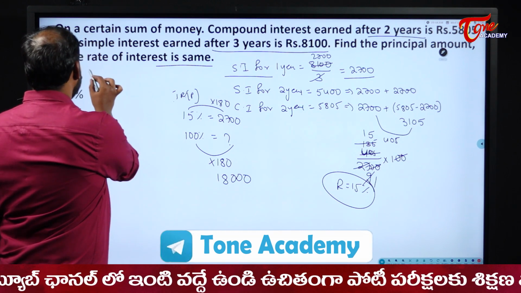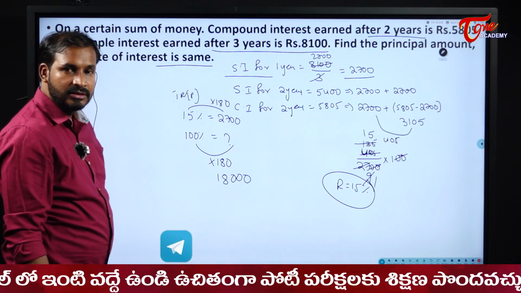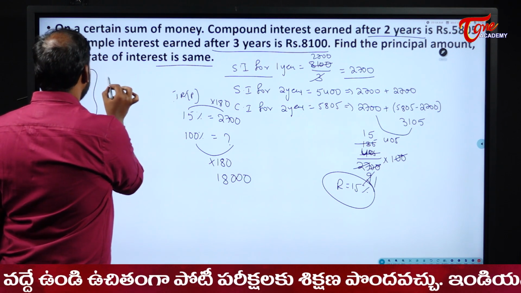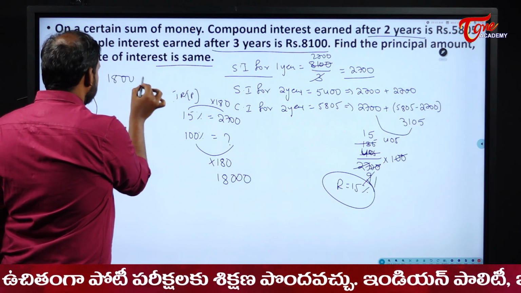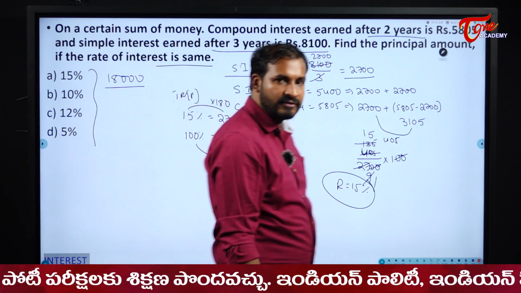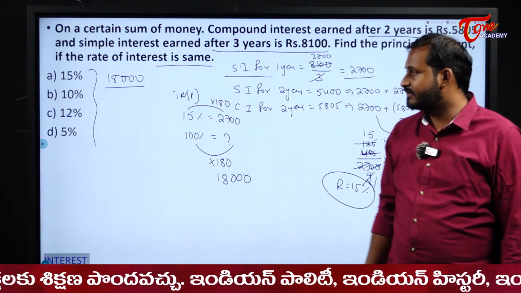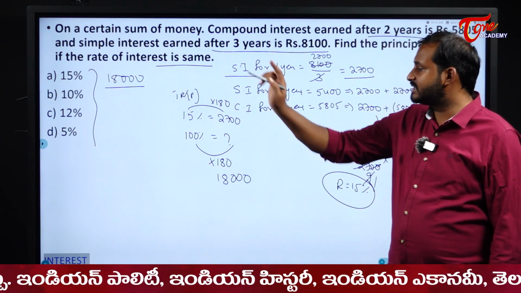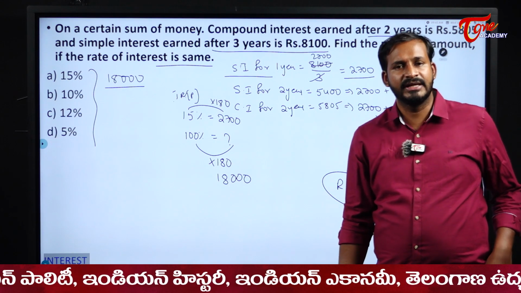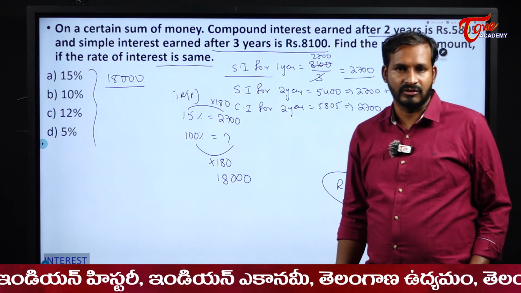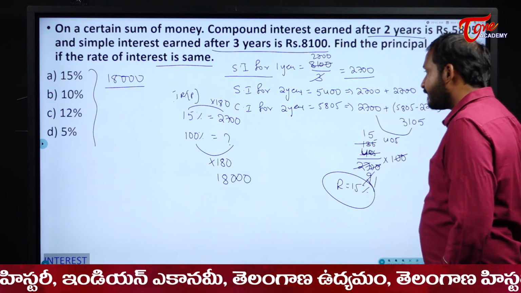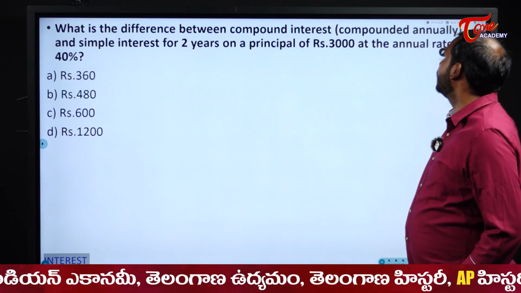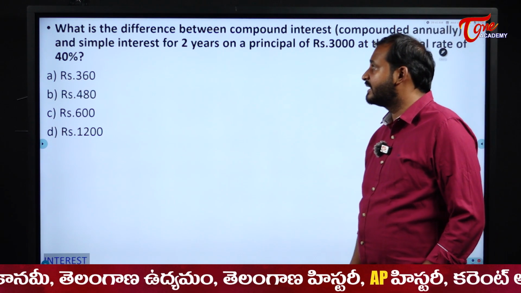See here students, actually the rate of interest options was given. Okay, the principal amount will become what for us here? 18,000 will be the principal here. Okay. Rate of interest is 15%, but principal here is 18,000, right? Next one. What is the difference between compound interest, compounded annually, and simple interest for 2 years at